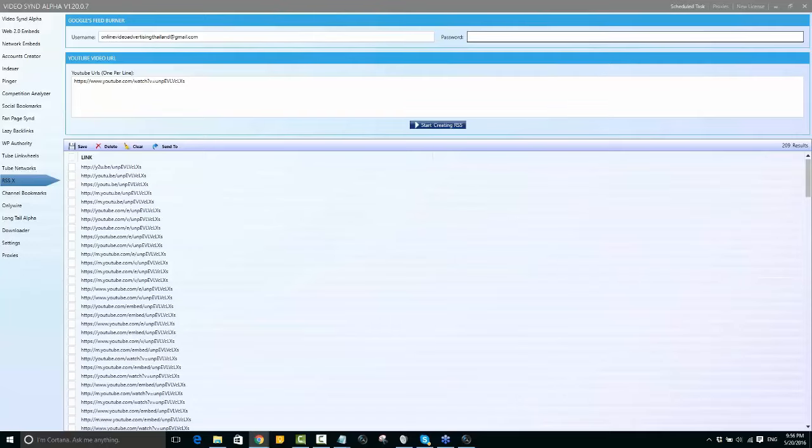So we've got the accounts creator, we've got the video sharing site tab. We still have the options and stuff in here that we can automate, and plus you have the social bookmark account creator, and you have the bulk account creator in here too, okay? And you can create, again, bulk accounts for social bookmarking. And this is very, very powerful. We can just go and create big amounts, and we can automate the syndication, automate the bookmarks, automate the pinging, automate the indexing, and we've got the downloader in there as well,